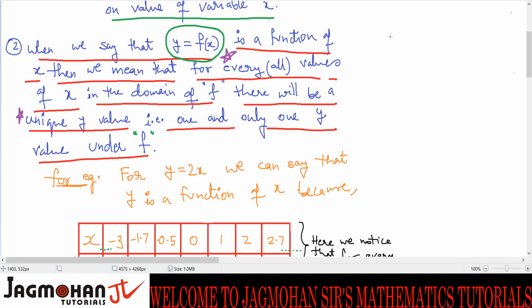Okay, so here what I want to say is, if you have y equals f of x, on the right hand side you got some expression of x. And this x, which is a variable, is going to take numerous values. It will take numerous values, and say these many x values you have. Now for every x value, what happens is,